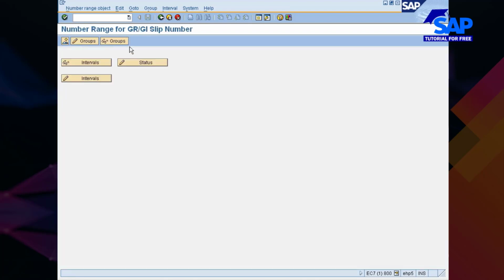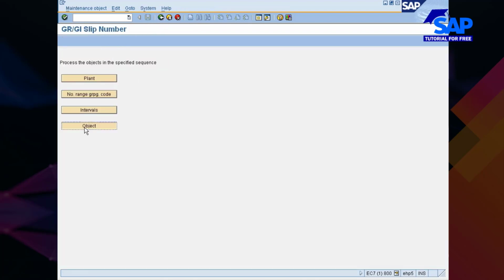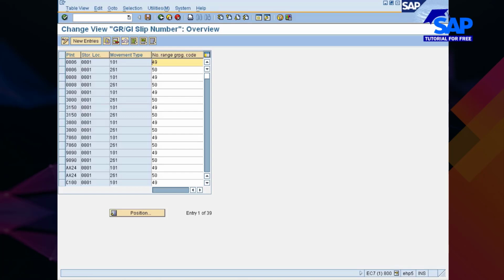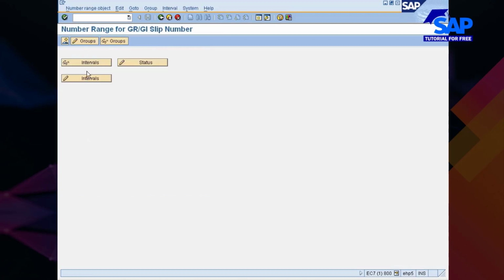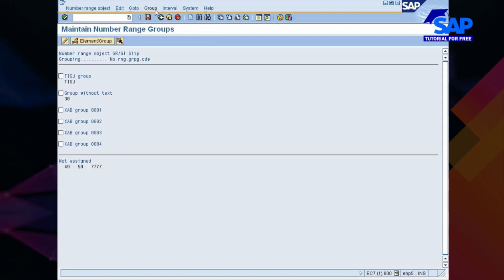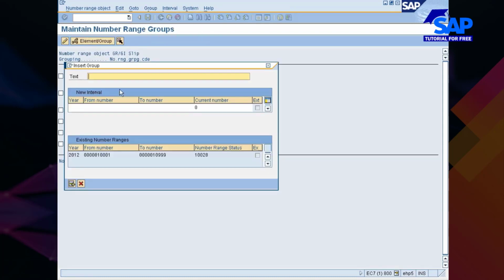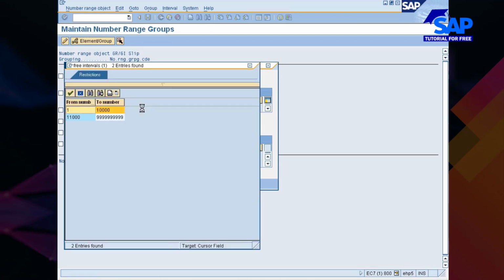One second, give me a moment. Object, if you go here, intervals, you go and create, let's say, change groups. So here you go create your own group. This is not for the material document, this is for the GR slip printing.